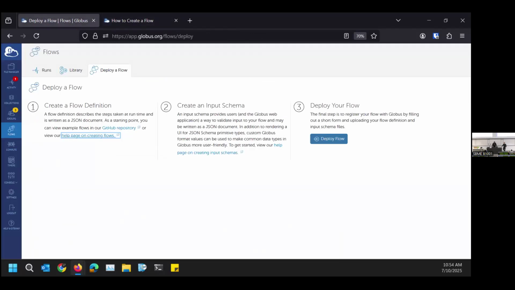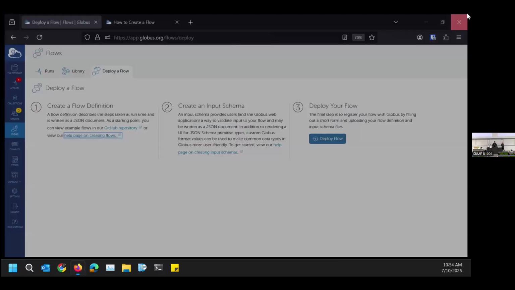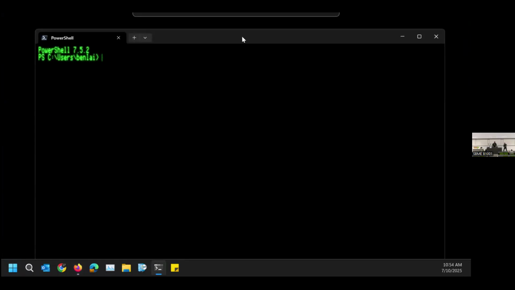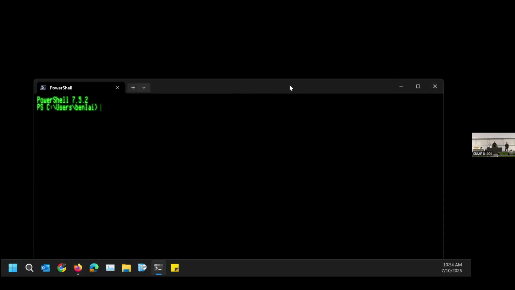So the last thing is just a quick demo on the command line. The command line interface uses Python, and you can run it on any machine that you have Python installed. So here, using PowerShell, but